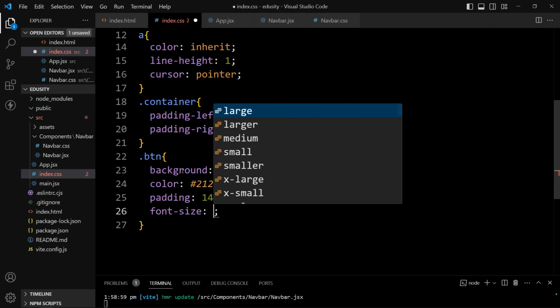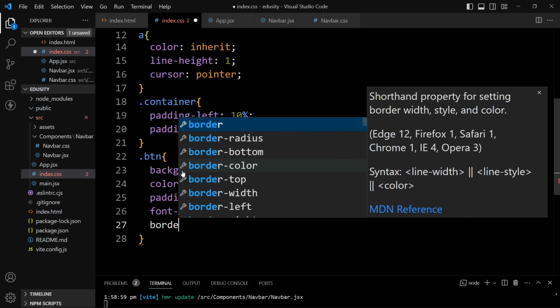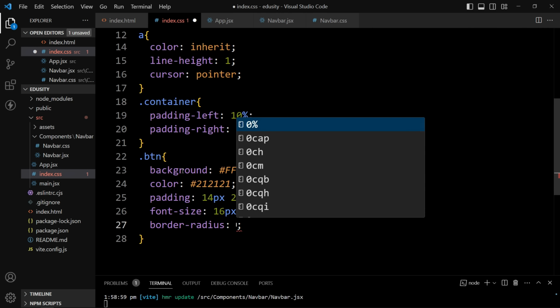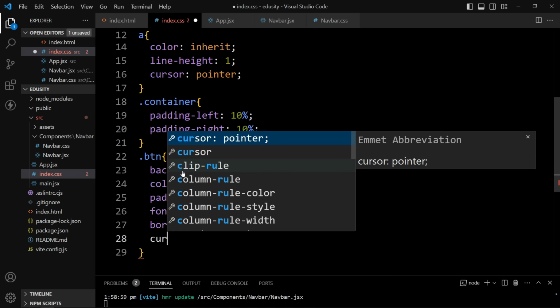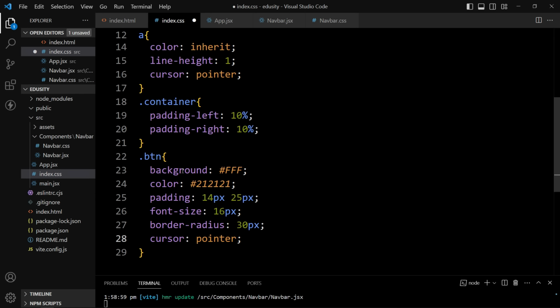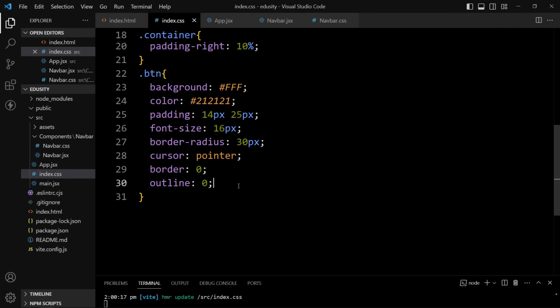Then we will change the font size, it will be 16 pixel, and after that we will add the border radius about 30 pixel. After that we will add the cursor, pointer and border 0, outline 0. After adding this, let's open the web page again and here you can see we have a button,